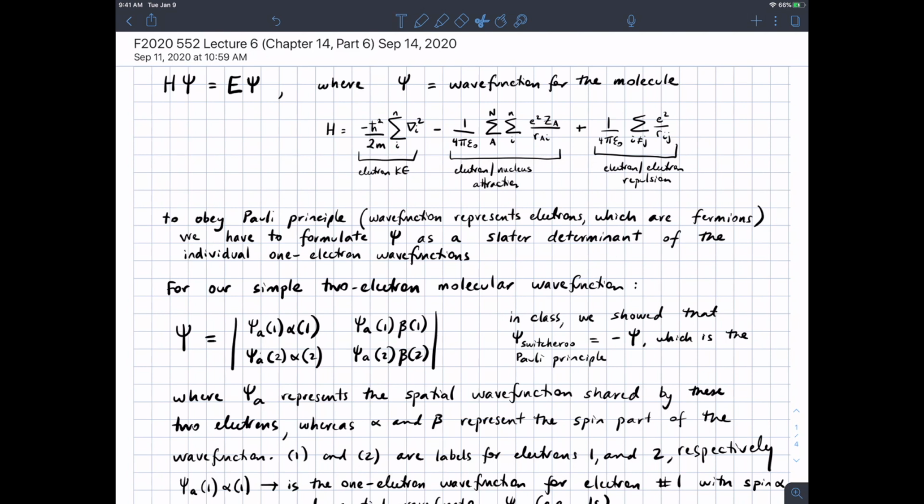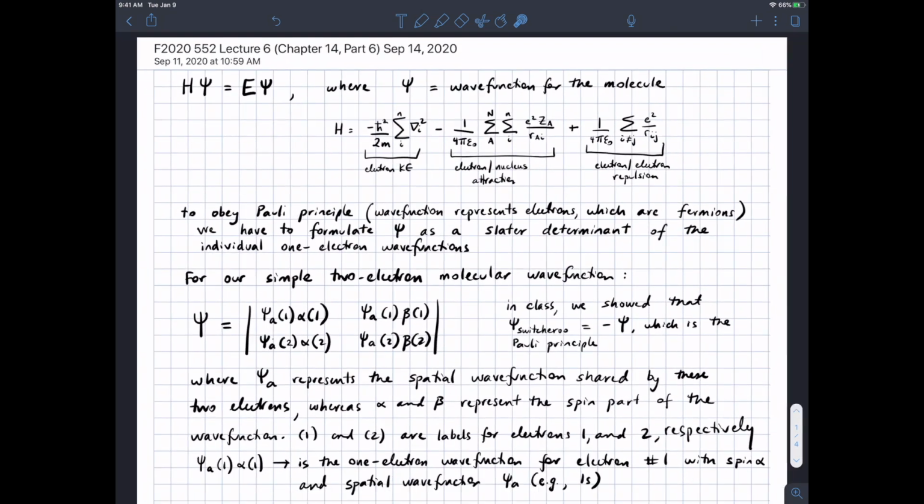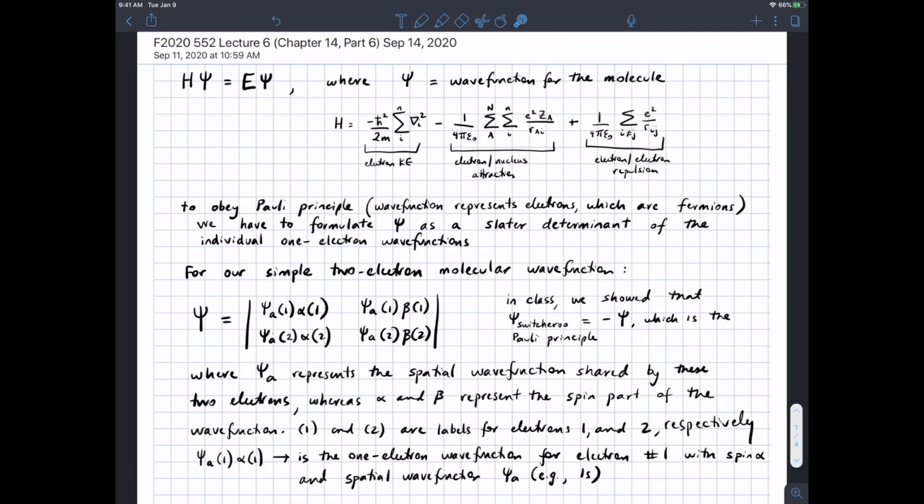Our goal today is just for you to have a general sense for what happens when you apply the Hamiltonian operator to a Slater determinant wave function. And remember that the Slater determinant is how we have to express our wave function so that it can obey the Pauli principle. So for a simple 2-electron wave function, you can imagine this being like hydrogen or H2 or